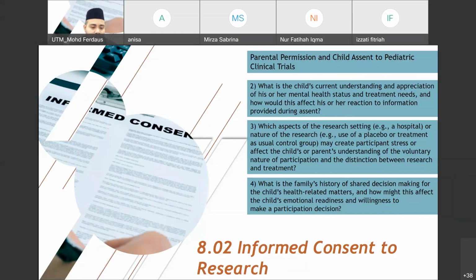So usually we withhold the information from them. In this condition, which aspect of research settings or nature of research may create participant stress or affect the children or parent understanding of voluntary nature? If they know they are going to be assigned to the control group, they don't want to participate in our experiment. So we need to